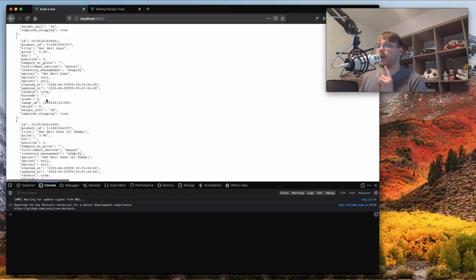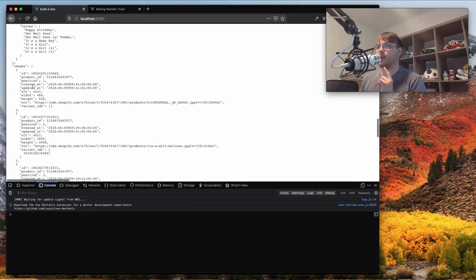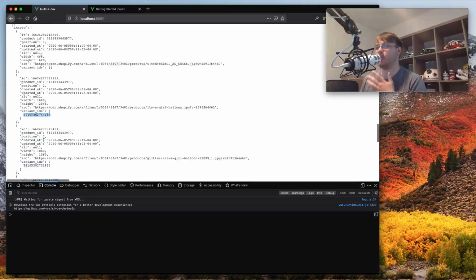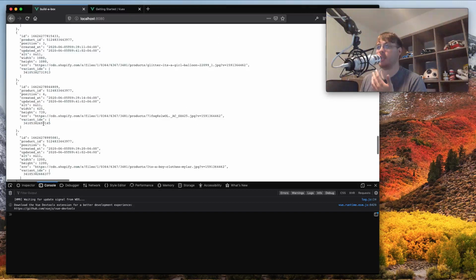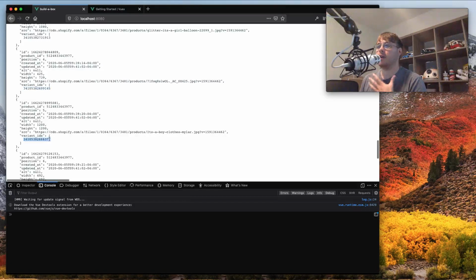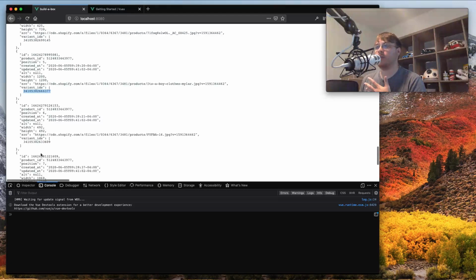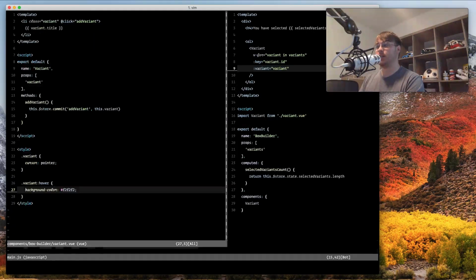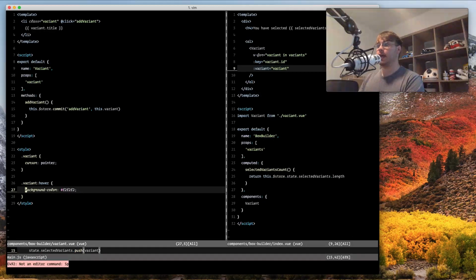What I saw when I scrolled through this a second ago is that these images have a reference to which variants use this image. And in this one, they're all singular. Each variant has its own image, so each of these is unique. So I'm thinking about changing this up a little bit and creating a